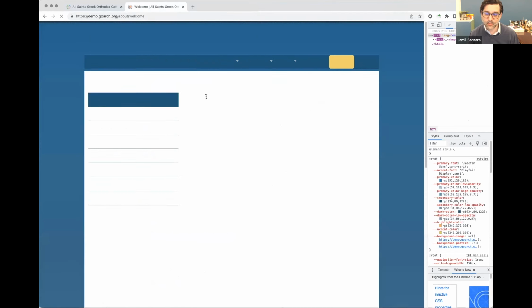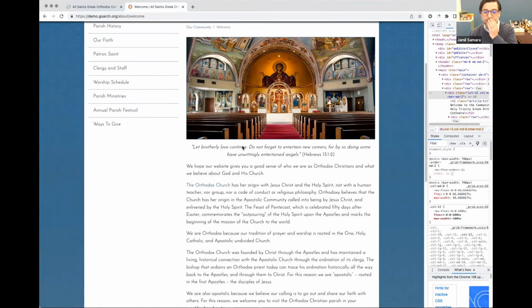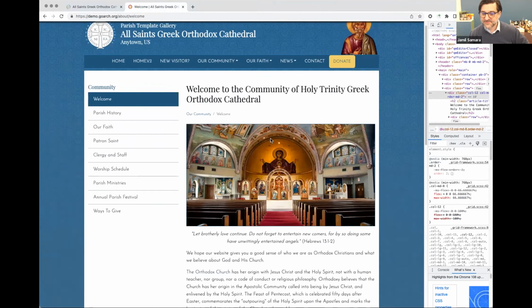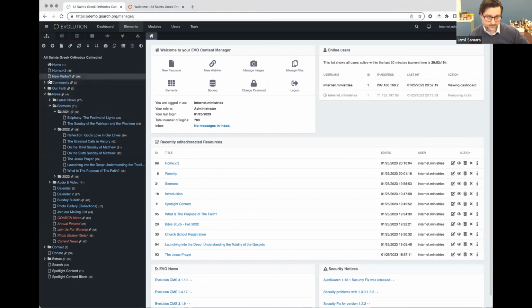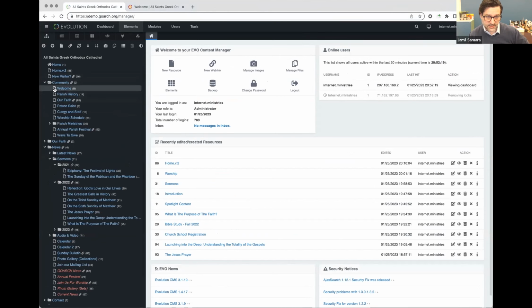So on my welcome page, I have some text welcoming people, and then at the end of the article, I give people some more options on what to do. So you can learn more by learning about our parish history or our faith or patron saint. Now, you could have just generated that list of links manually, but what we've actually done is saved ourselves the time. And if I come to my welcome page,